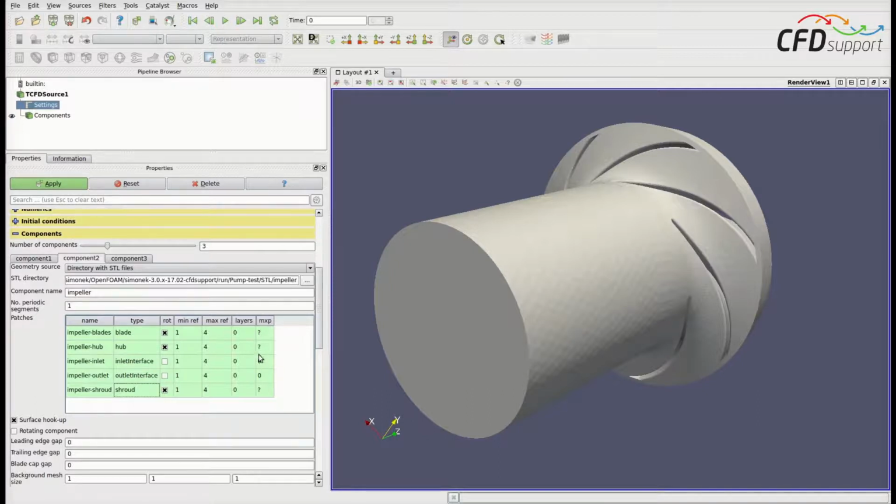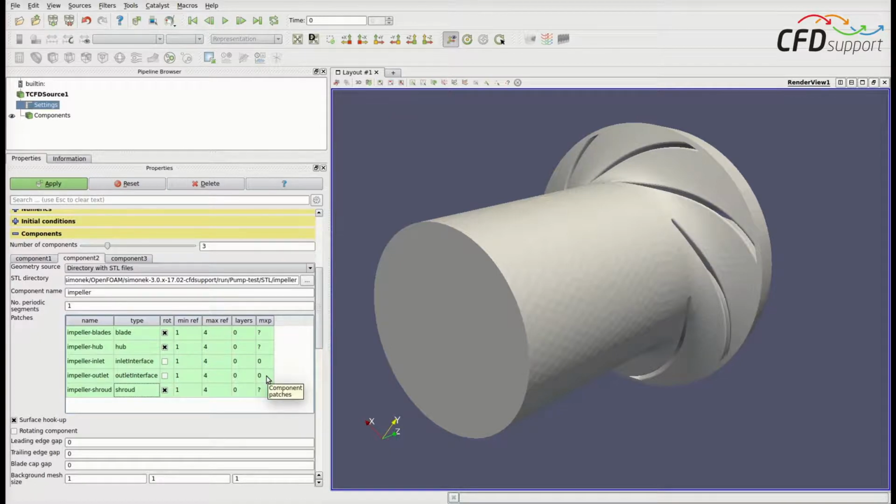So if there is a 0, it means there is an interface which interpolates from both sides, and if the number is higher than 0, then the mixing plane